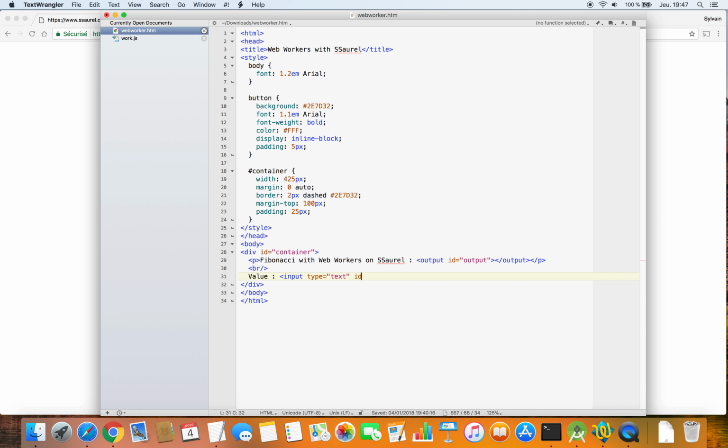We add an input element to let the user enter the value for which he wants to calculate the Fibonacci number. And we define buttons to start and stop the web worker.